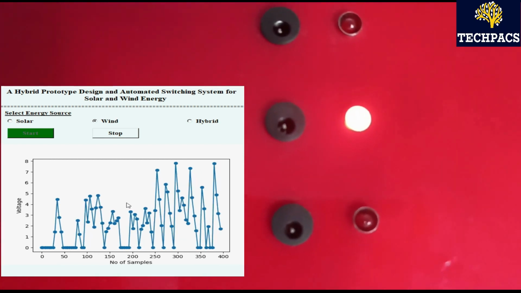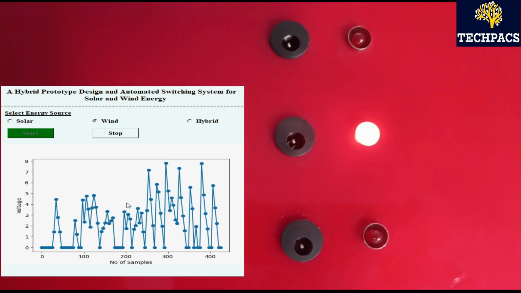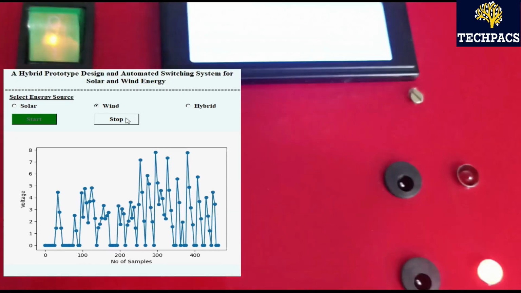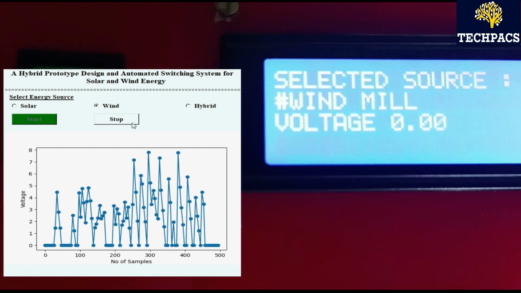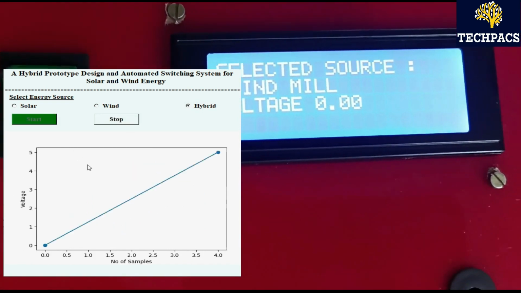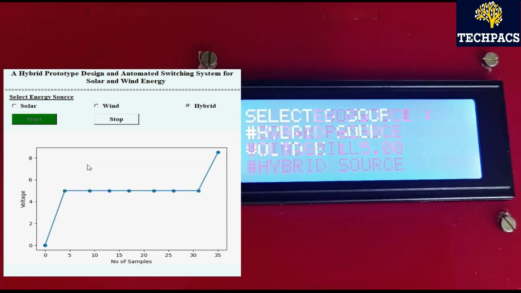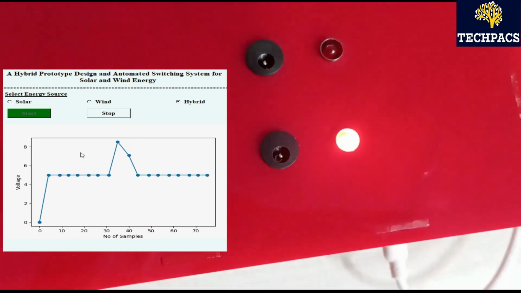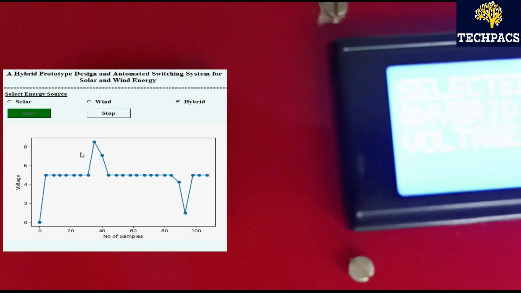Now we will change the mode. Here we stop the wind mode, and now we will switch to hybrid mode, that is generating a combined output of both solar and wind energy. So here both solar panel and windmill will work, and you can see that the corresponding LED has lighted up, and on the LCD the source has been updated, and you can see the voltage increasing.